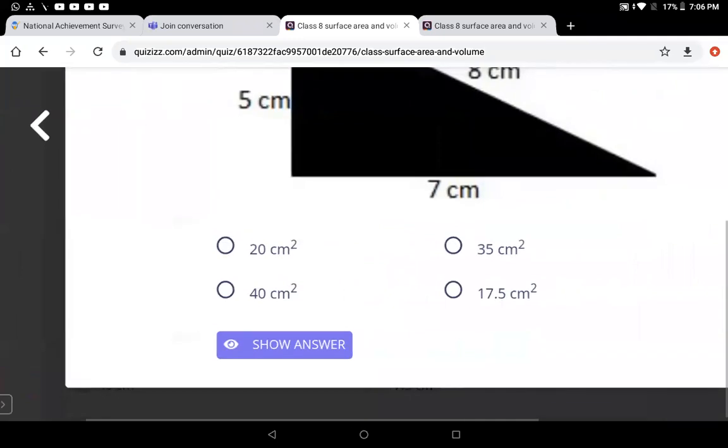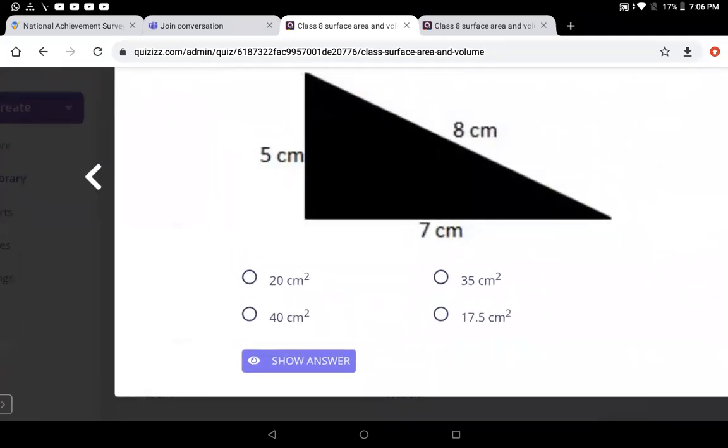Now 5 square is 25, 7 square is 49. 25 plus 49, how much, Sahu? It is 64? Yes, 64 equals the hypotenuse square, 8 square. Both are the same. So the given sides are Pythagorean triplets. Even it is a right angle triangle. Yes, sometimes some methods are very easy. In this case, we can go with Pythagorean triplets so that it's a right angle triangle.